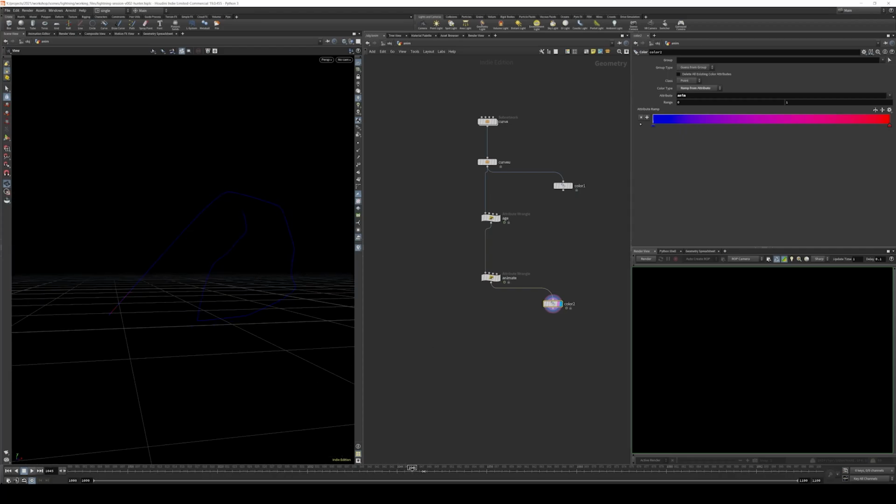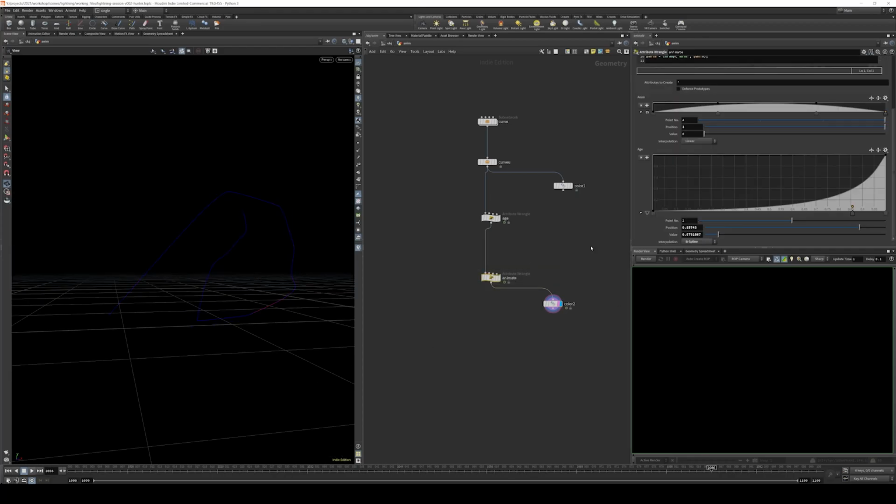Okay, so this is cool and certainly very useful. But what if we wanted something a little bit more complicated? Like, let's say, this is a lightning bolt. We're going to be looking at lightning bolts throughout this. But what if we wanted, at the very end of that lightning bolt travel, it lights up the whole strand, because